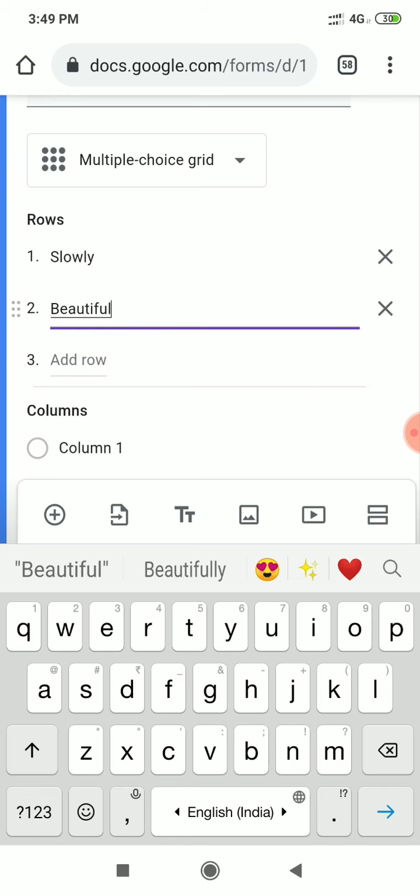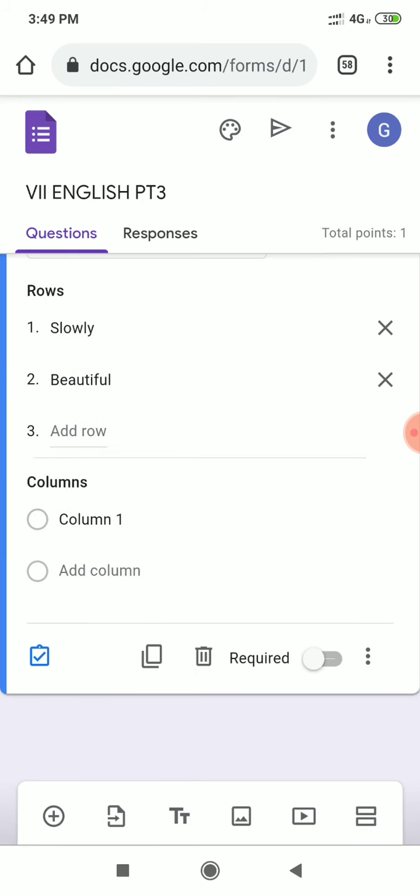Though it is a grammar question, please adjust. Then third I am giving as chair. Now whatever we want to match it with, those three options I will give over here. Please keep in mind that we don't have to give many match the following together, because they will not fit in one screen, and maybe the student will not scroll and miss it.